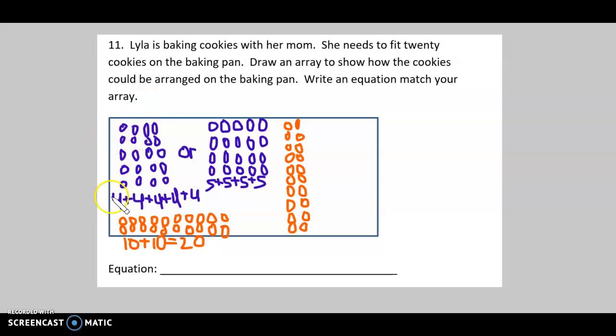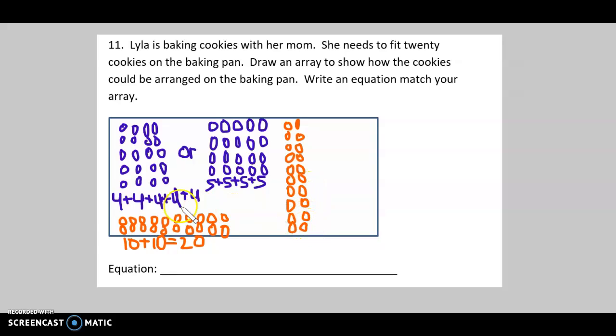You could have drawn your array with 5 rows with 4 in each row and written 4 plus 4 plus 4 plus 4 plus 4. Or you might have drawn your array with 4 rows and 5 in each row and written 5 plus 5 plus 5 plus 5. Or you might have drawn your arrays with 10 rows, 2 in each row, and written 2 plus 2 plus 2 plus 2 plus 2 plus 2 plus 2 plus 2 plus 2 plus 2 equals